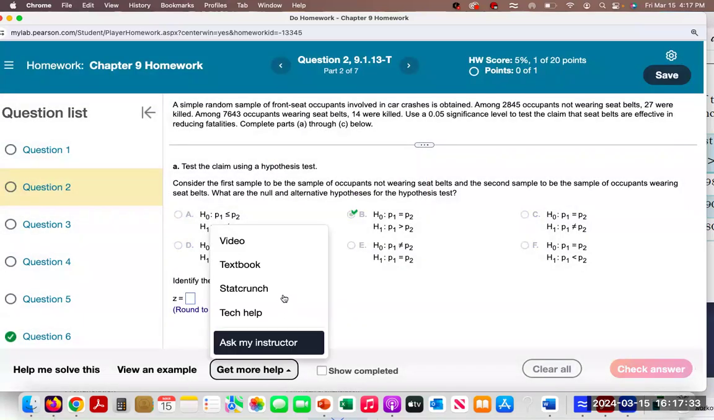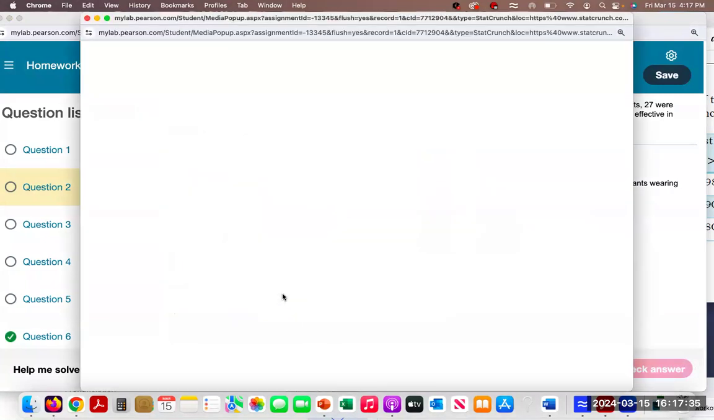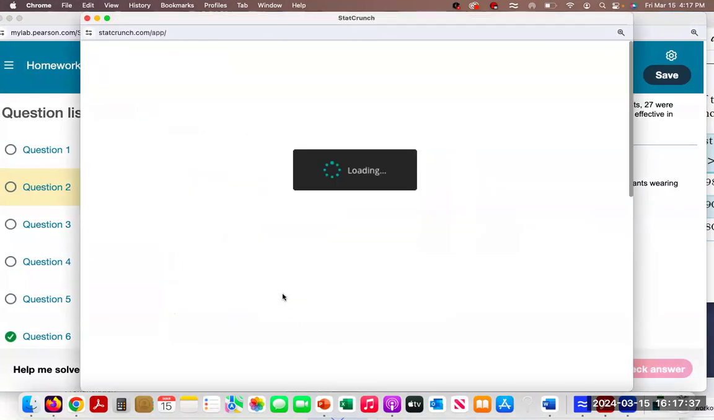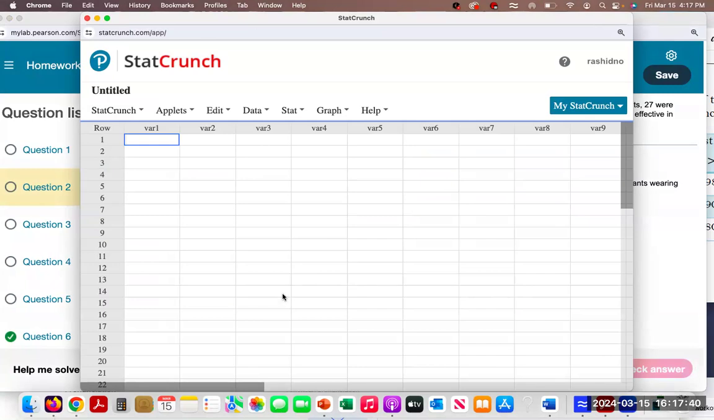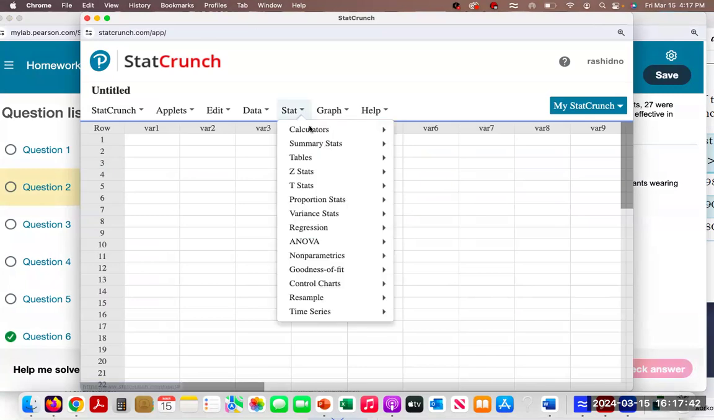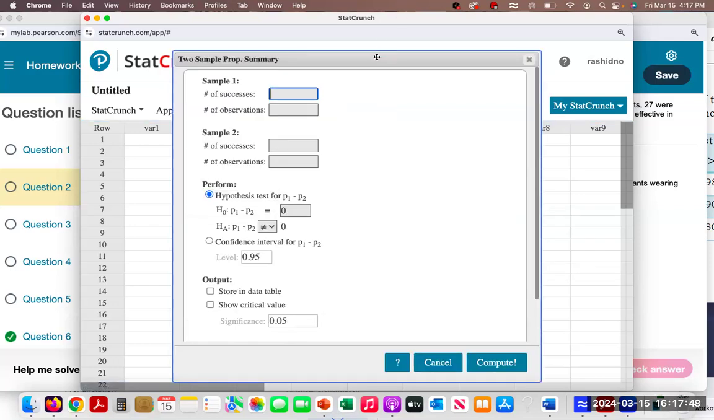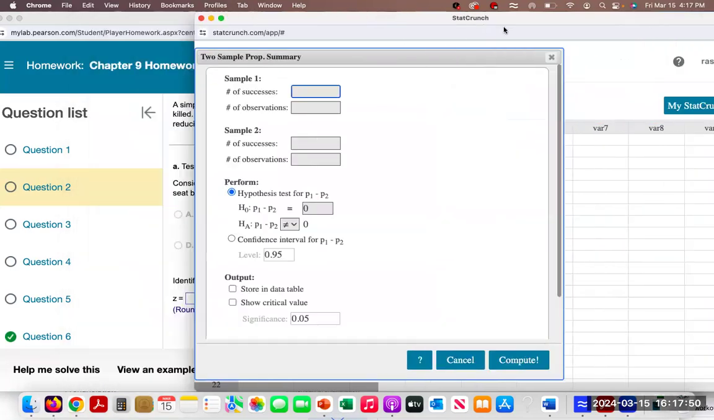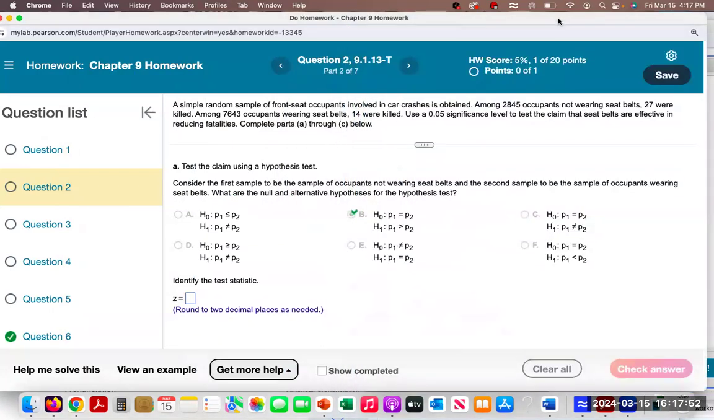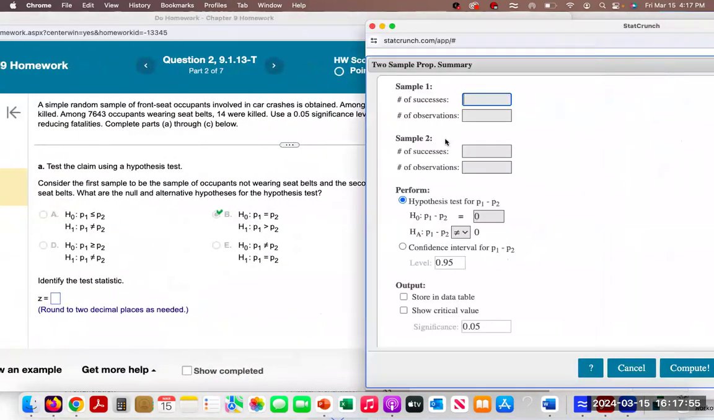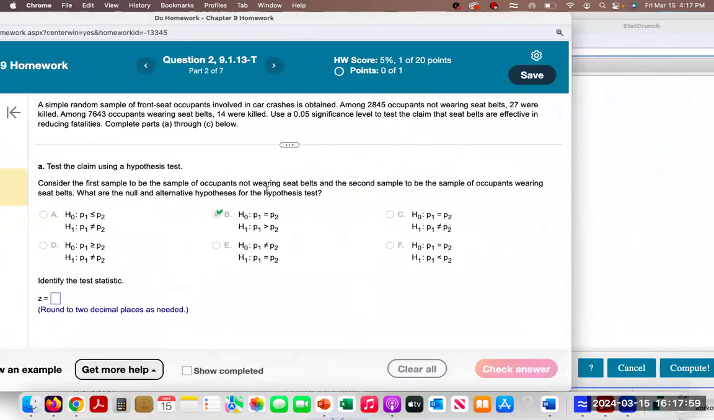So let's go ahead and use StatCrunch. We're working with two proportions and two samples. One is wearing seatbelt and the other one is not wearing seatbelt. So proportion, two sample with summary. Let's enter the information. So sample one is the occupants not wearing seatbelts,